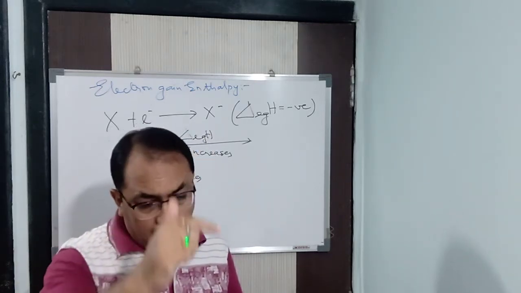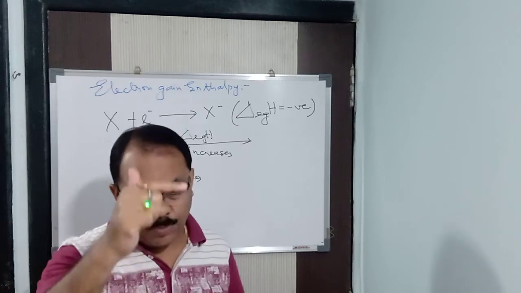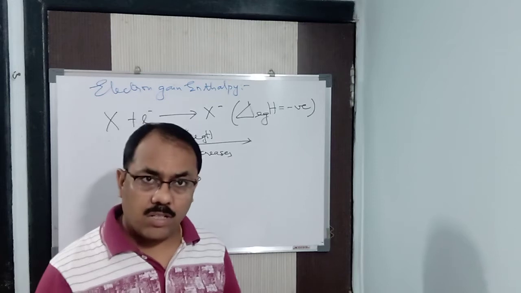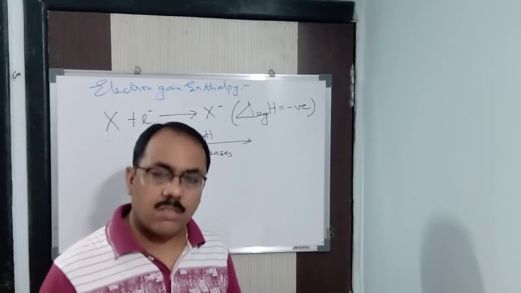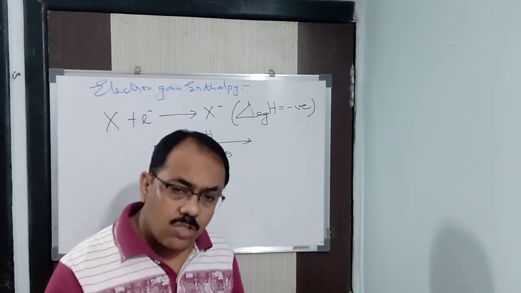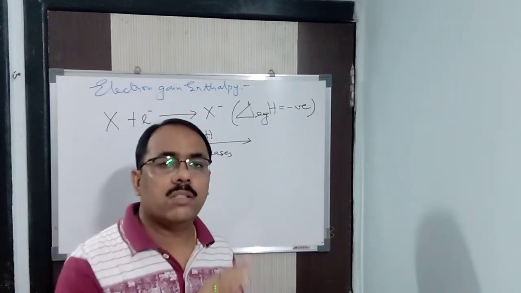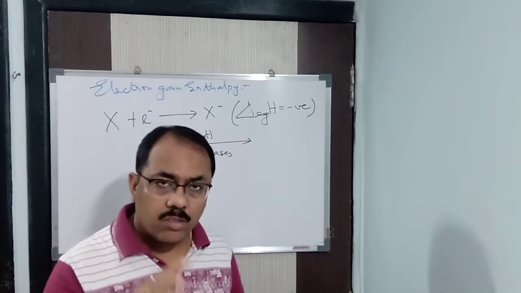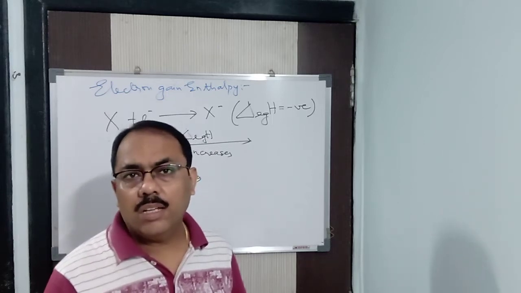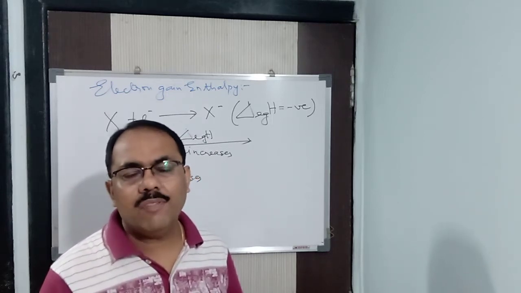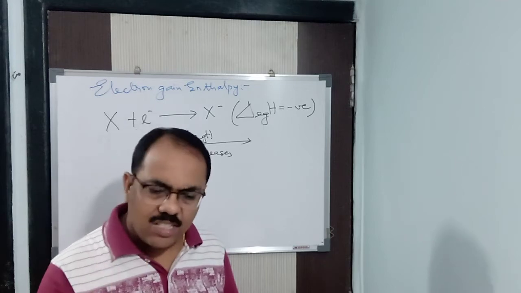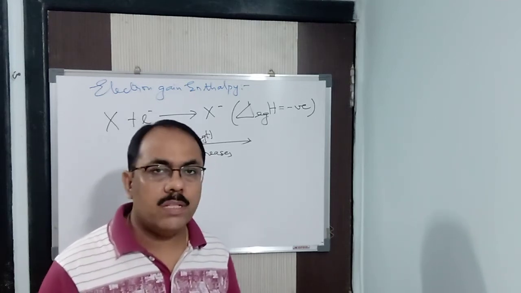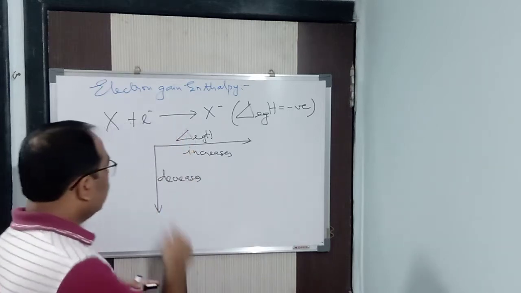Because when you are coming down the group, what happens? Atomic size increases, as well as the shielding effect or the screening effect. So it is easy to add an electron to it. Where will we add an electron? Definitely to the outermost shell only. So as it is easy to add an electron, for that purpose